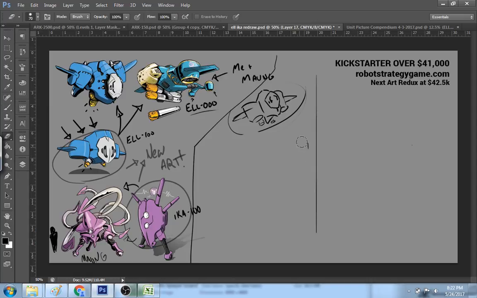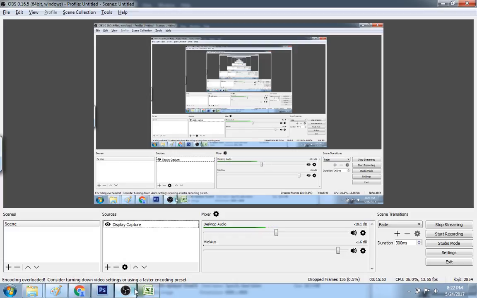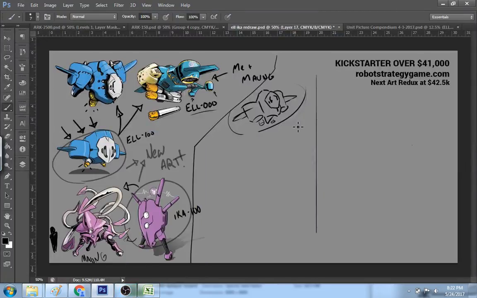Oh, computer's lagging a little bit. How many frames am I dropping? Wonder why I don't drop any frames here. Historically, when I've done these art streams and I stream my screen, I drop like 90% of frames. And no, I'm definitely not doing that. I'm barely dropping any frames at all. So I wonder if that was actually just